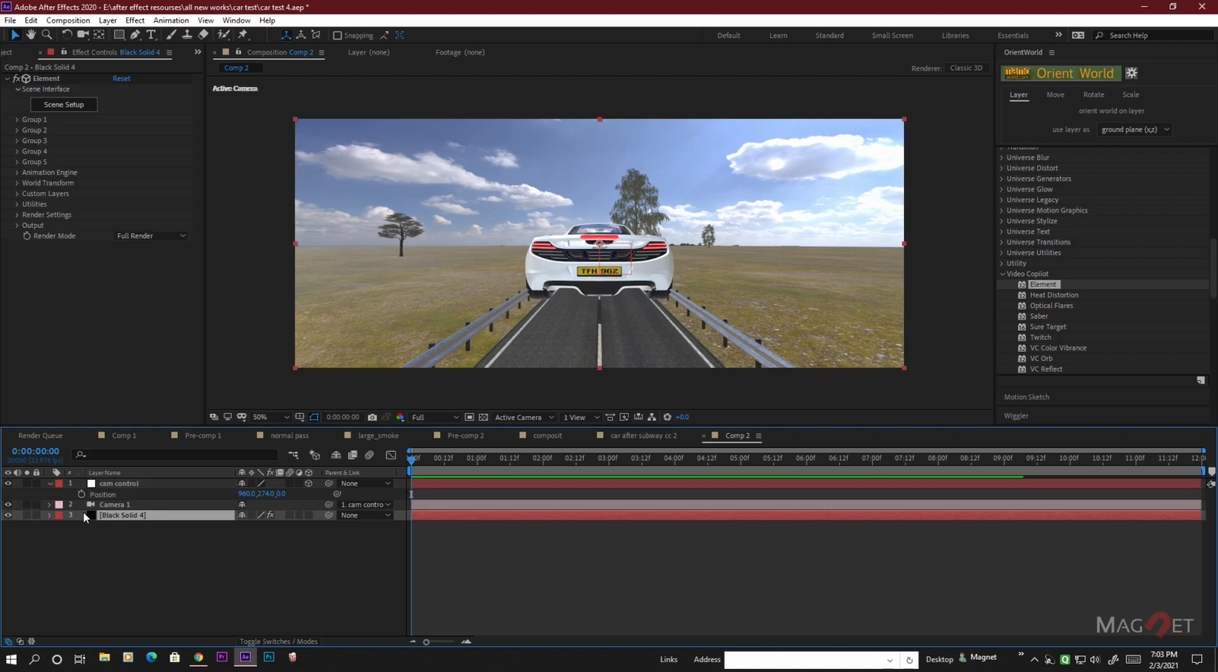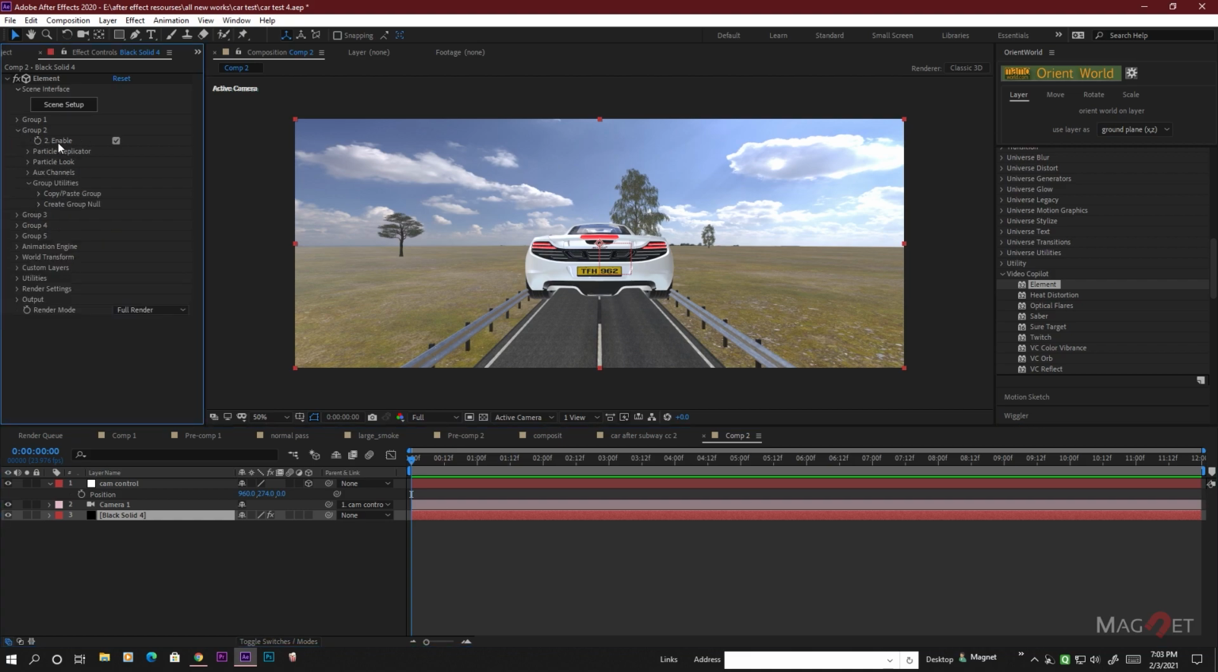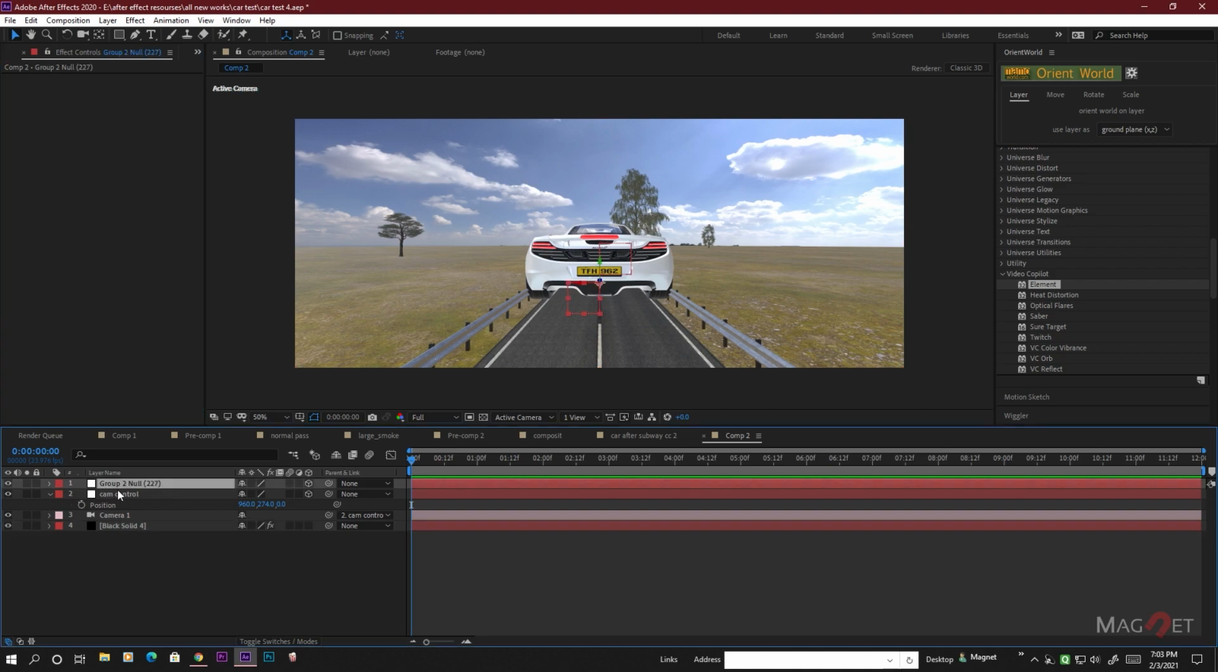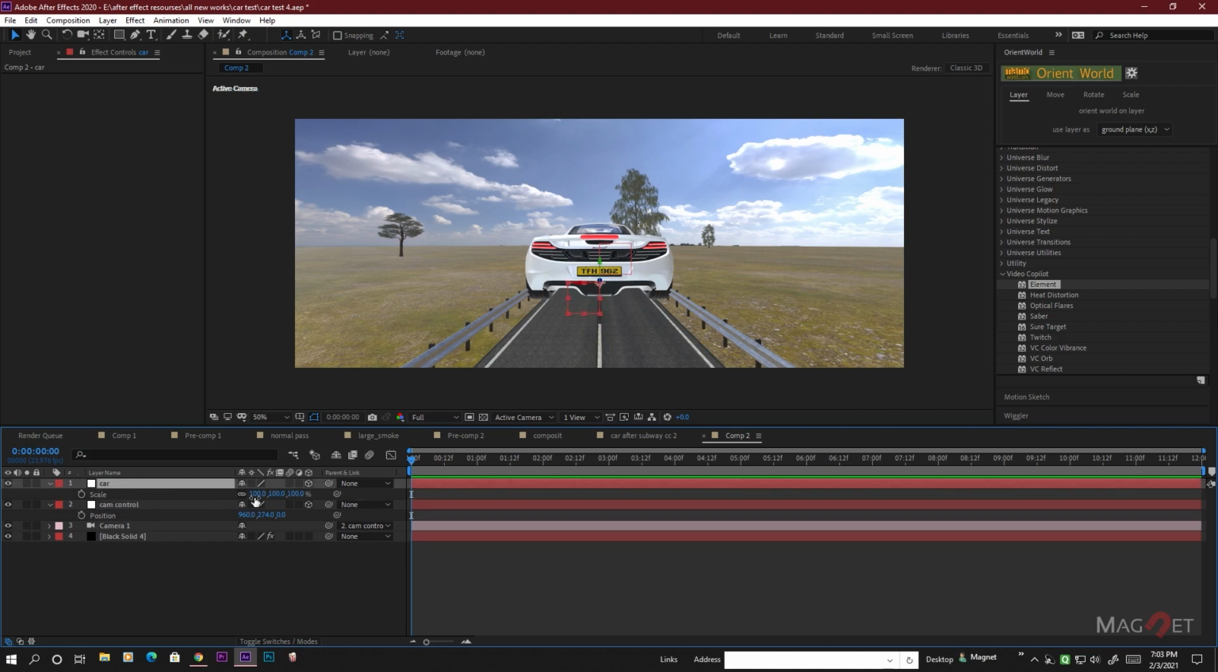Go to the Element 3D layer and go to group number 2. The car is placed in group number 2, so we have to create a null object to control the car. Just go to Layer, create a null object, and we name it car. Now selecting the car null object, press S on the keyboard and decrease the size,